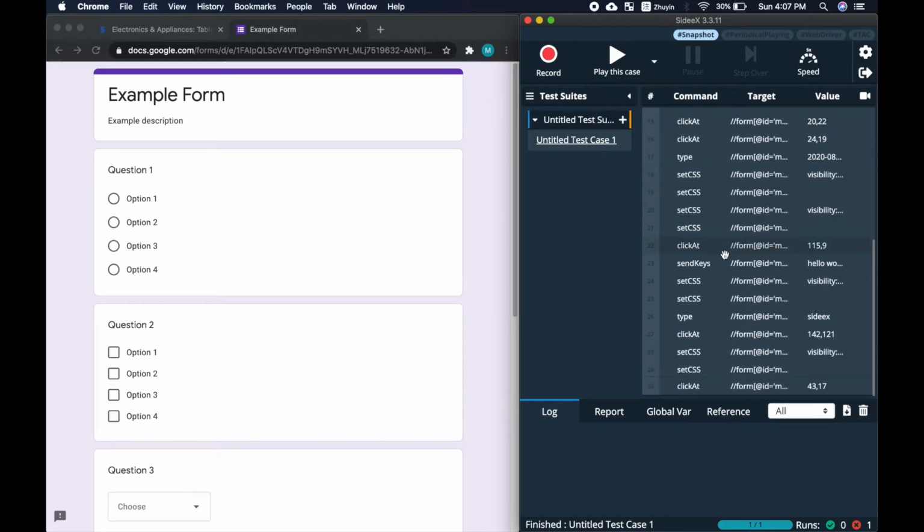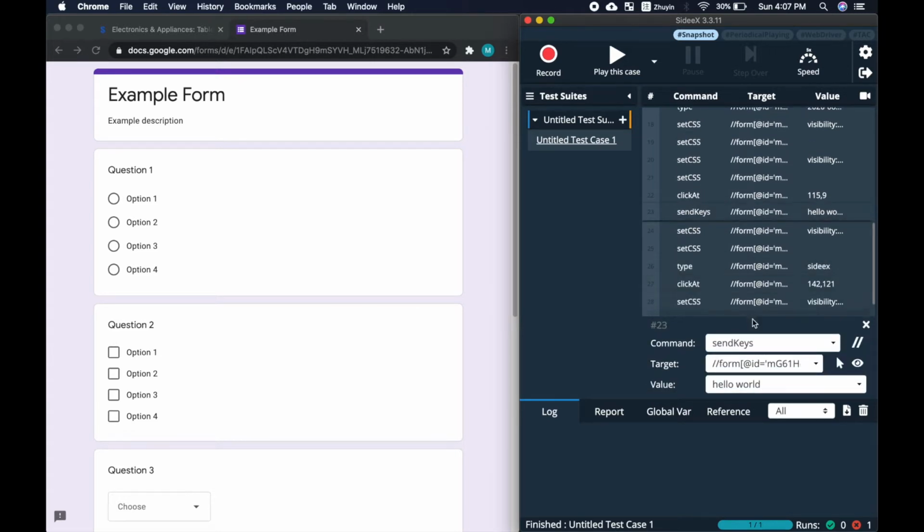working area. Click on any comment and there will be a pop-up comment editor showing up at the bottom. The editor contains three fields: comment, target, and value. Comments are the names of the operations that have been recorded. You can press on the / icon to disable this comment while running the test case, and you'll see that the comment has been commented out. Click on it again to reverse the effect.